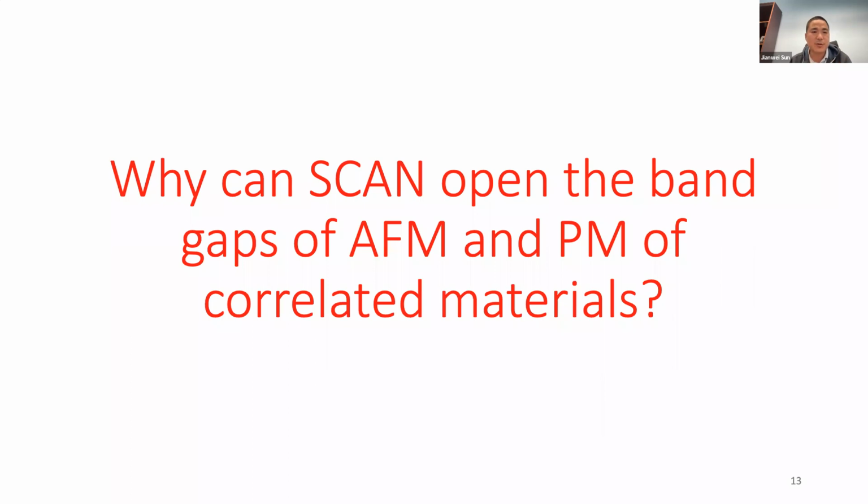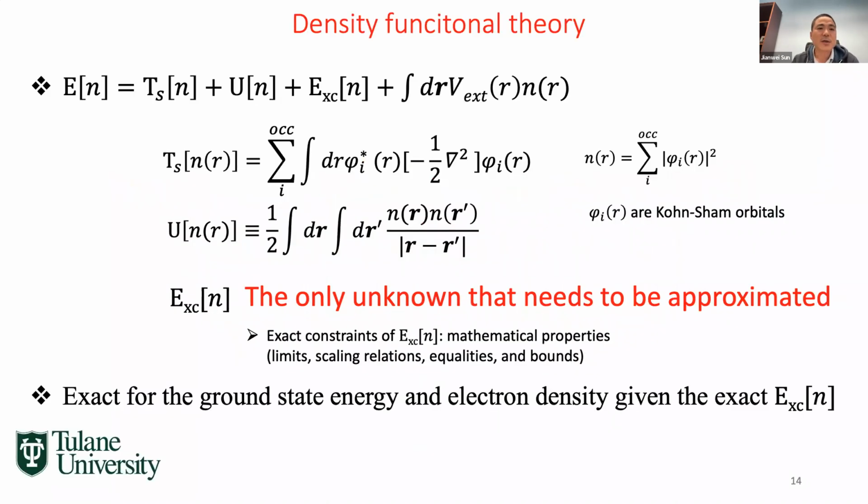So I'm more interested in figuring out why SCAN improves over PBE and LSDA on these correlated materials, especially why SCAN can open the band gaps of the AFM and paramagnetic phases of correlated materials. So here, just to